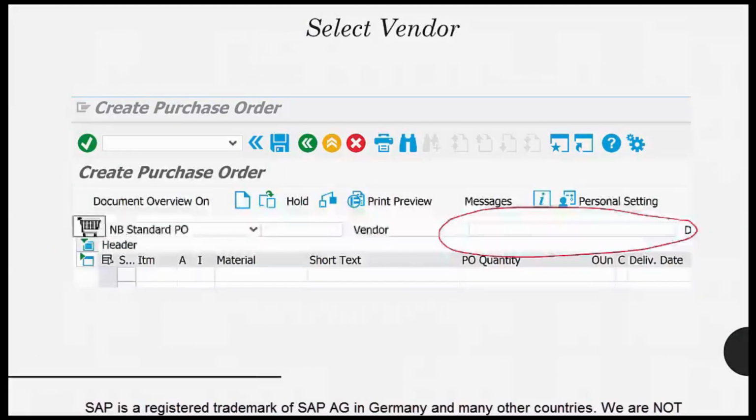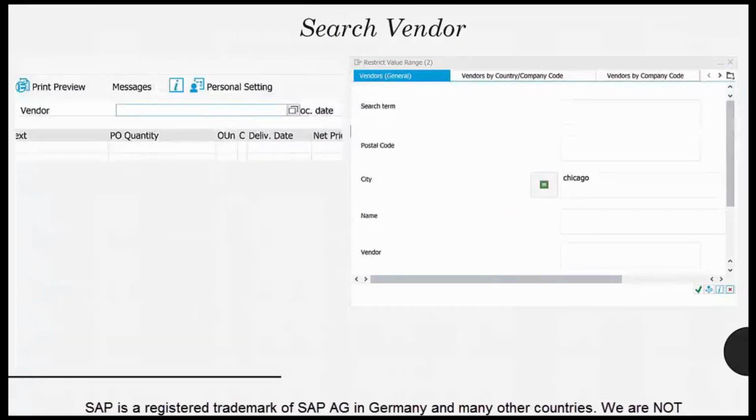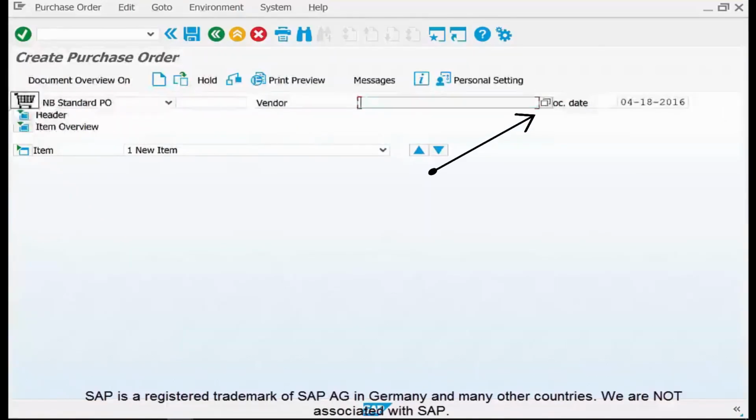Please note, in the SAP system, each vendor has its own unique code defined in the system. So in this tab, we usually type the code of the vendor and the system will capture the details of the vendor. But what if you don't know the code of the vendor? We have one option to get that. Just click on the vendor selection tab, and a search pop-up with multiple boxes comes up in front of us. We click on that pop-up, and that leads us to the vendor search console.